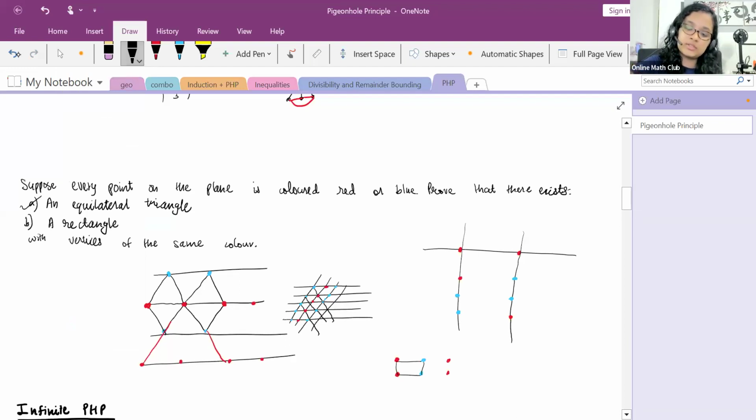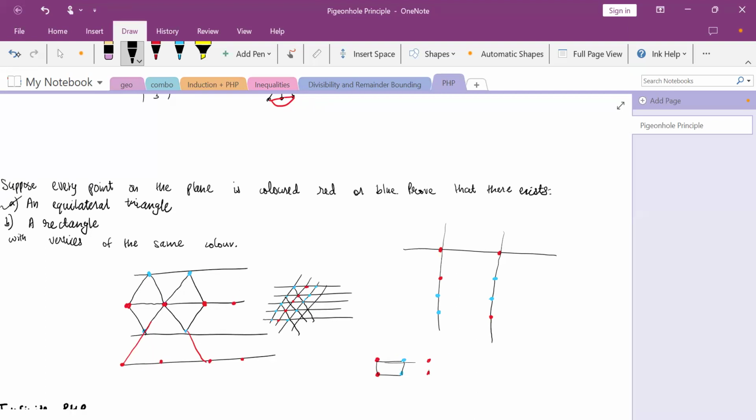He's assuming this, but then we end up having a rectangle with all four of the same color. You just pick any 2 points here, and both of those have to be red if you are doing that assumption. And so he's just eliminating. I'm talking about the other case, where the